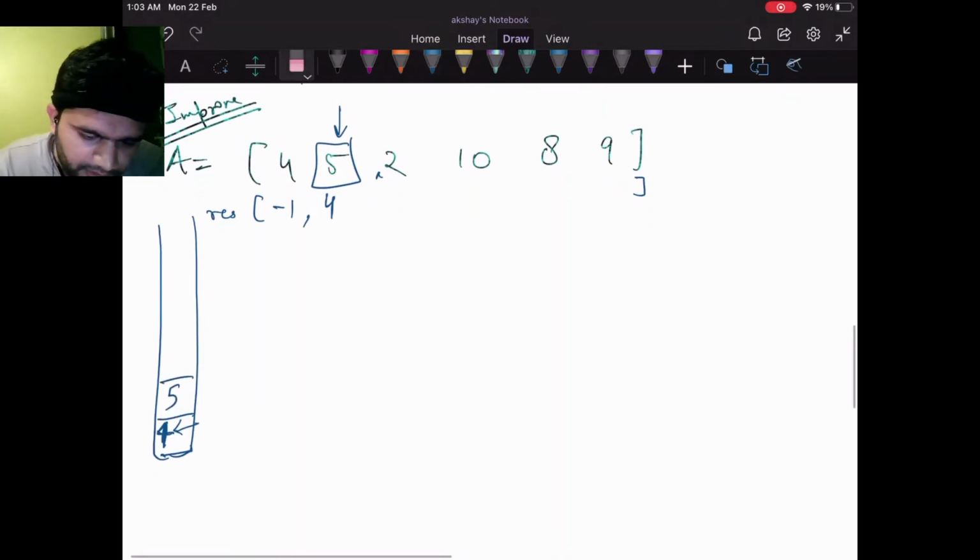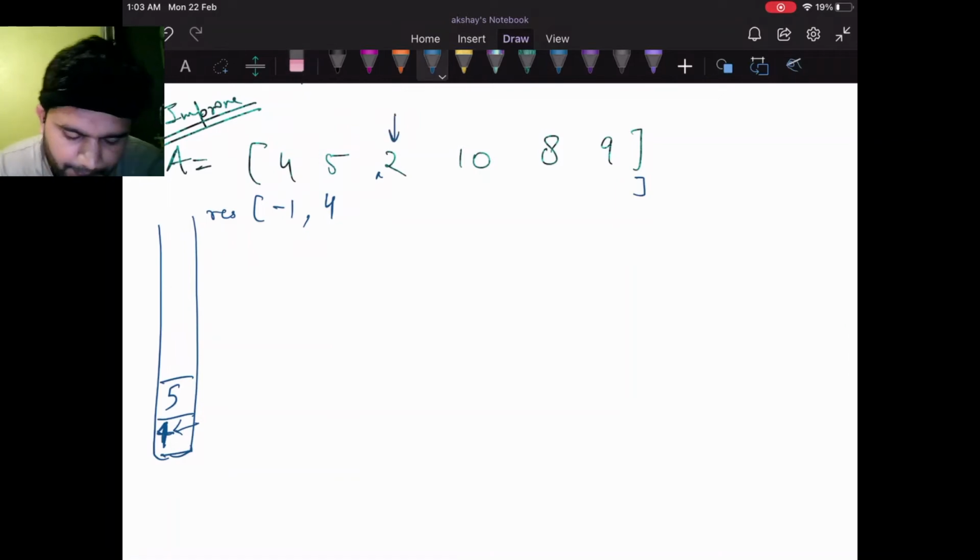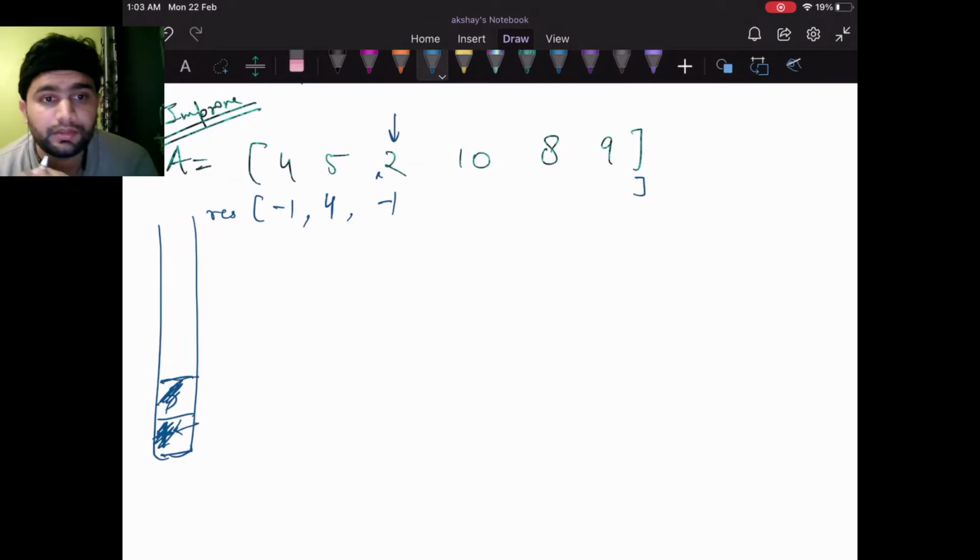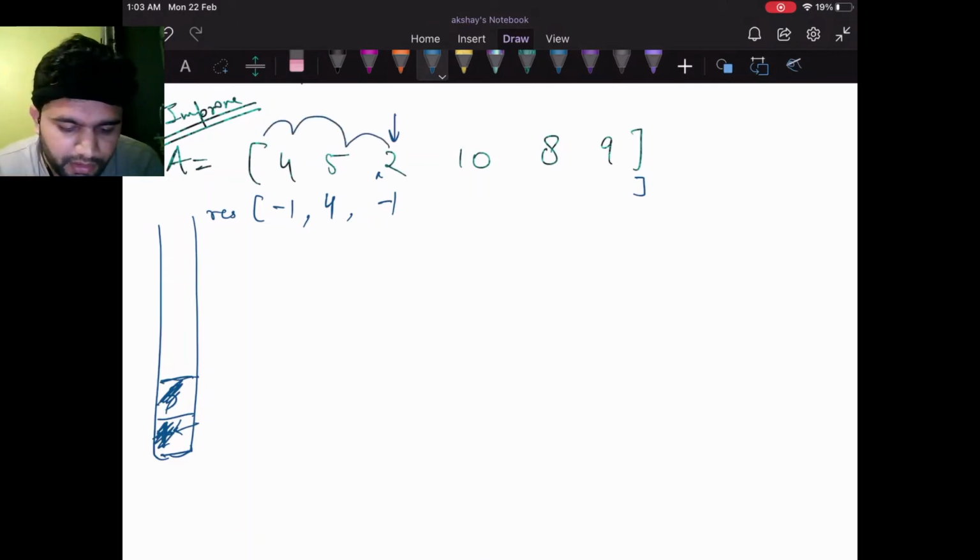Now our I is at 2. We see that this is a bigger element, so we can remove this. This is again a bigger element, we can remove this. Now my stack is empty, so we can simply add -1 here, because there is nothing smaller than 2 present in the array, so we eventually reached out of bounds.